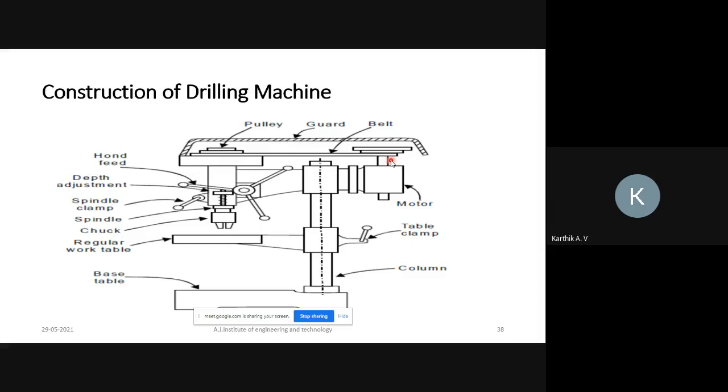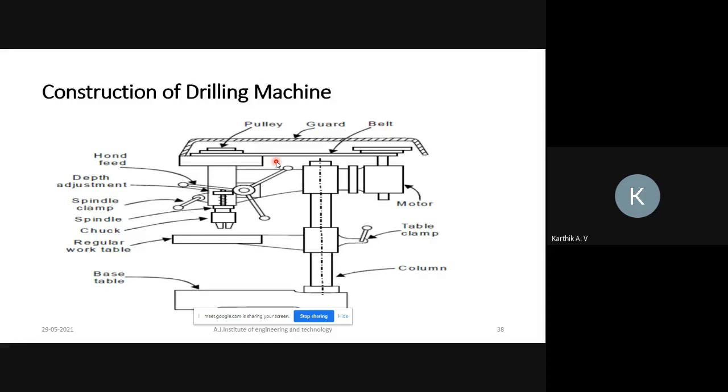Okay, we already discussed the different types of belt drive: V belt, flat belt, rope belt, and all. So in the last year in EME subjects, can you tell me which type of belt drive this one is? While looking, this looks like an open belt drive, but here they are using a V belt.